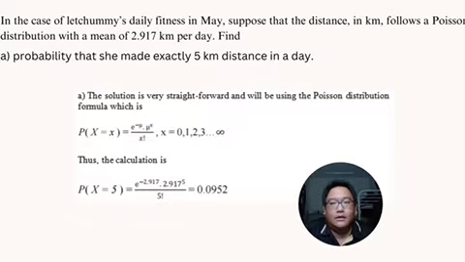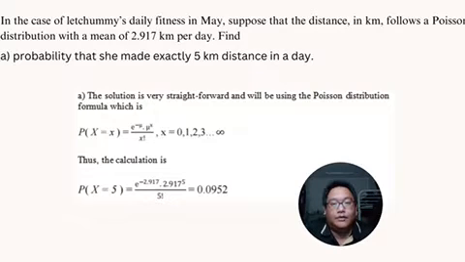So in the case of Lechumi's daily fitness in May, suppose that the distance in kilometers follows a Poisson distribution with a mean of 2.917 kilometers per day. Find the probability that she made exactly 5 kilometers distance in a day. So the solution for this question